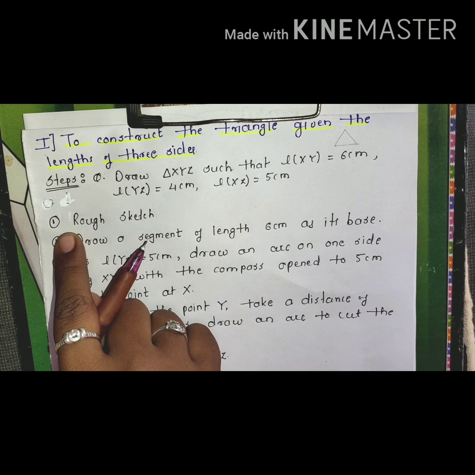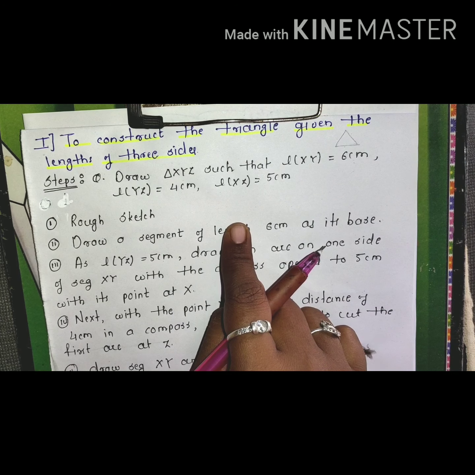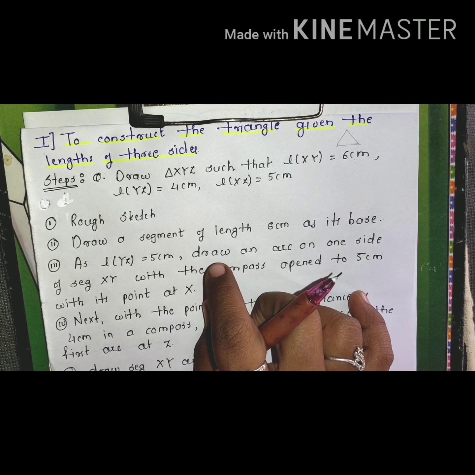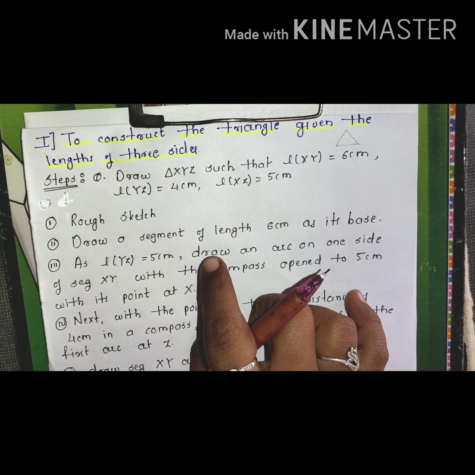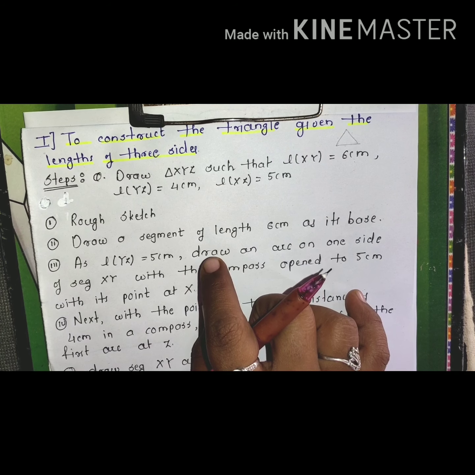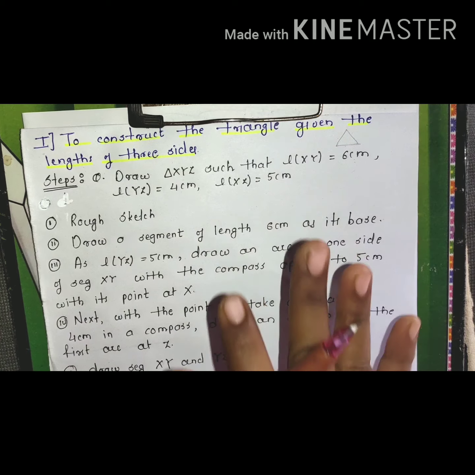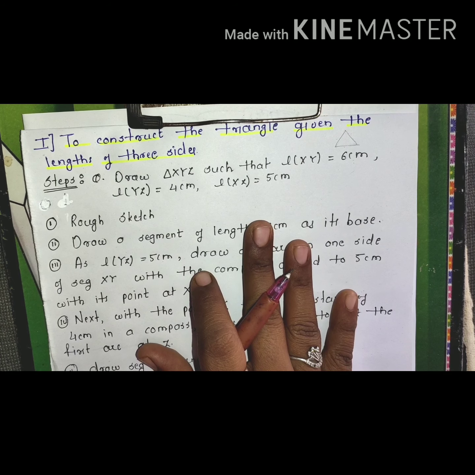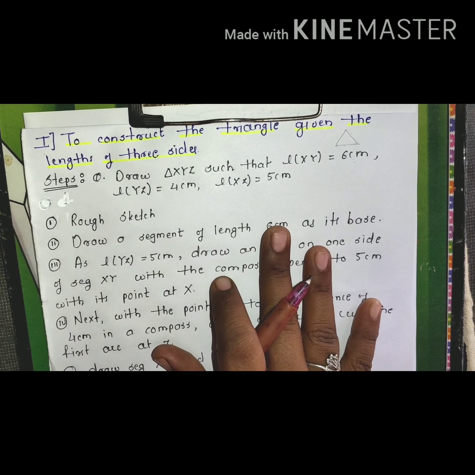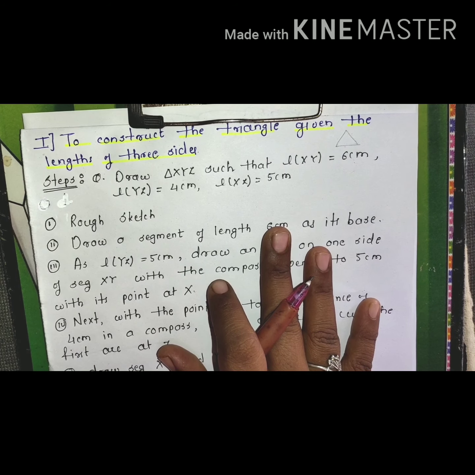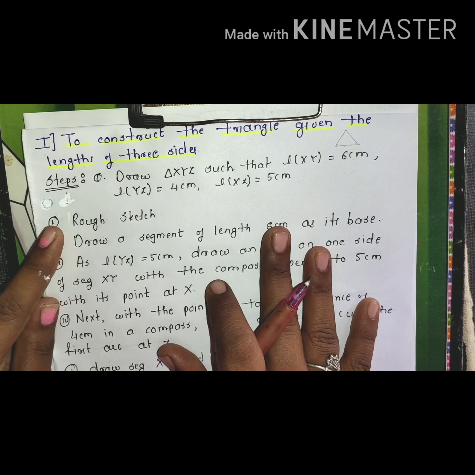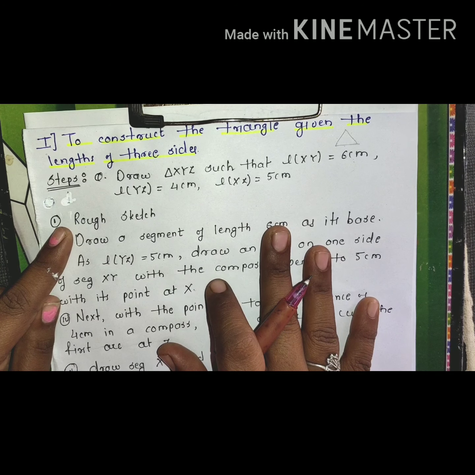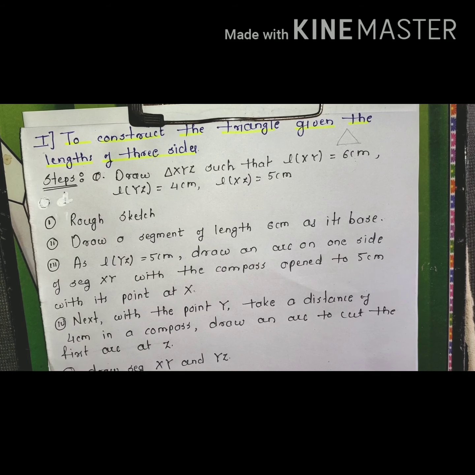First one, remember one thing students, when we construct a building, for that we have to draw a rough idea of that building. Yes or no? Yes, obviously. If we have the rough idea, the rough structure of the building, then only we can construct a building. Here also, before constructing a triangle we should have to draw a rough diagram, rough figure of that triangle. So the first step, every time while constructing a triangle, the first necessary step is to draw a rough sketch. So first of all, we will draw a rough sketch.